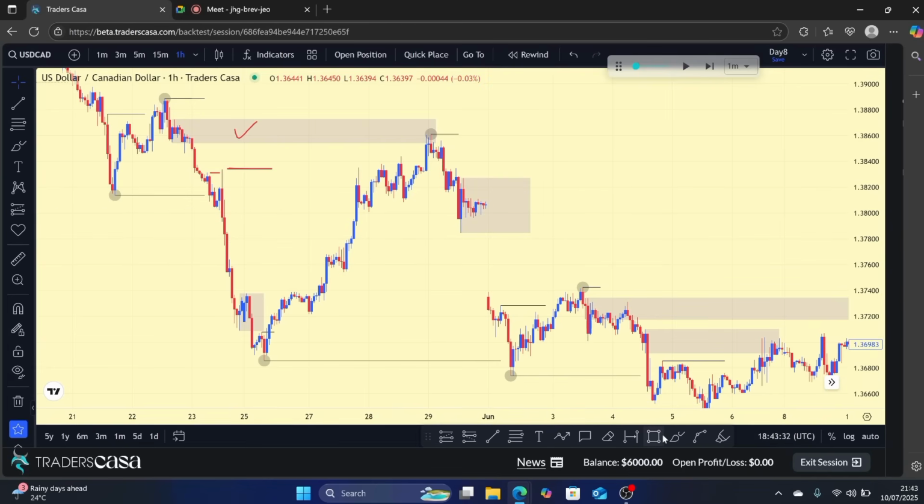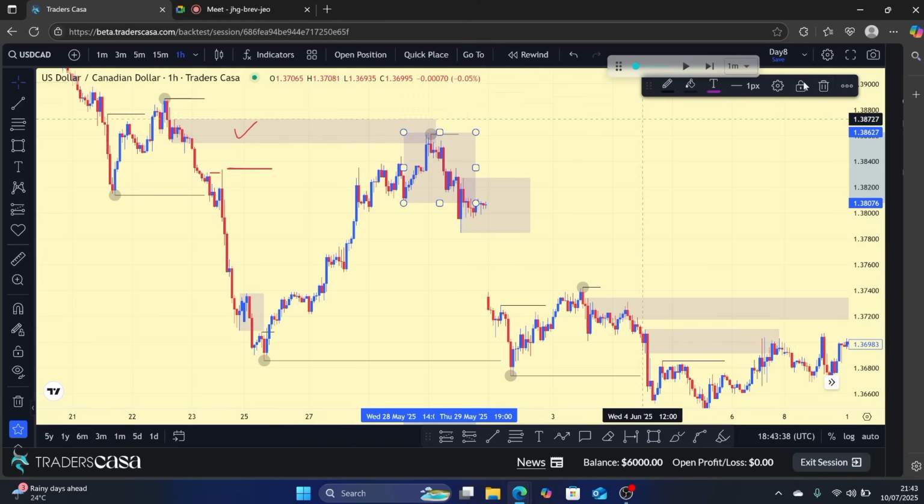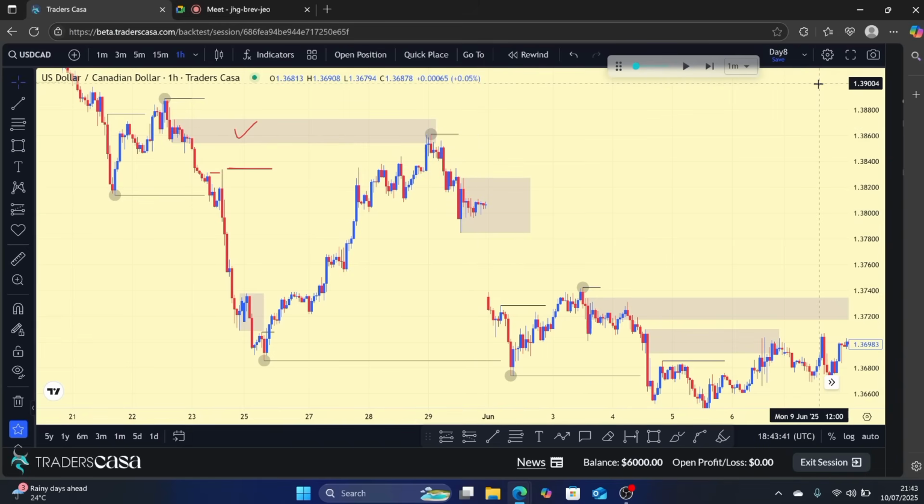So that's the only order flow available, because you can see this order flow here, price mitigated it. I said that I didn't mark the order flows that price violated, failed, or mitigated. I only mark the ones that are valid. And in this case, in our trading range, this here is the extreme order flow,